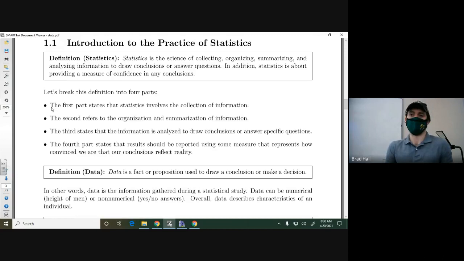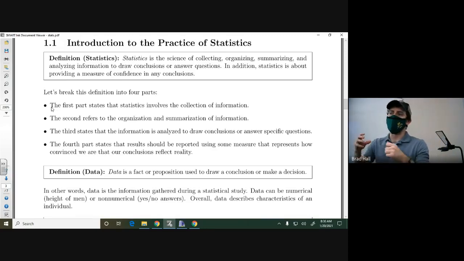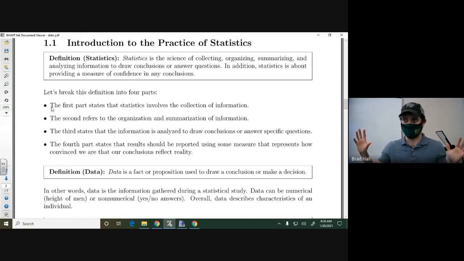So with this information you collect, pretty straightforward. You want to use this information to make some generalization, and hopefully a strong generalization about a group you are trying to figure out information on.